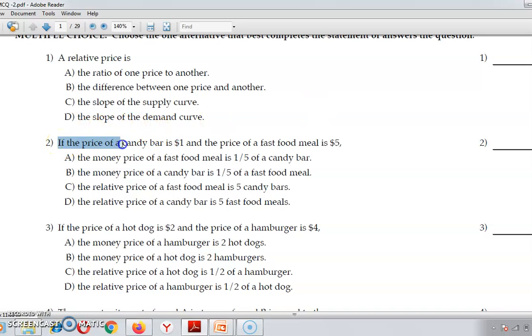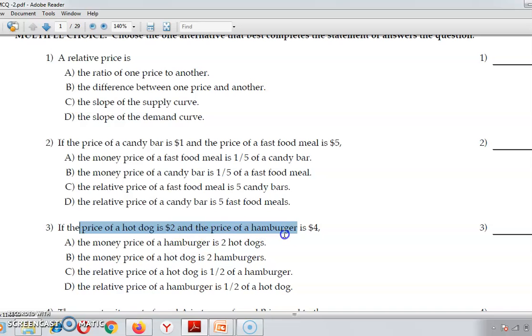दोस्रो क्वेशन, if the price of a candy bar is $1 and the price of a fast food meal is $5, the money price of fast food meal is 1 by 5 of a candy bar. The money price of a candy bar is 1 by 5 of a fast food meal. The relative price of a fast food meal is 5 candy bars. The relative price of a candy bar is 5 fast food meals. हामीले थाहा छ यो 5 हो र यो 1 हो, यानी 5 by 1 भनेपछि fast food meal is 5 candy bars relative price. यो चाहिँ यसको आन्सर हुन्छ।